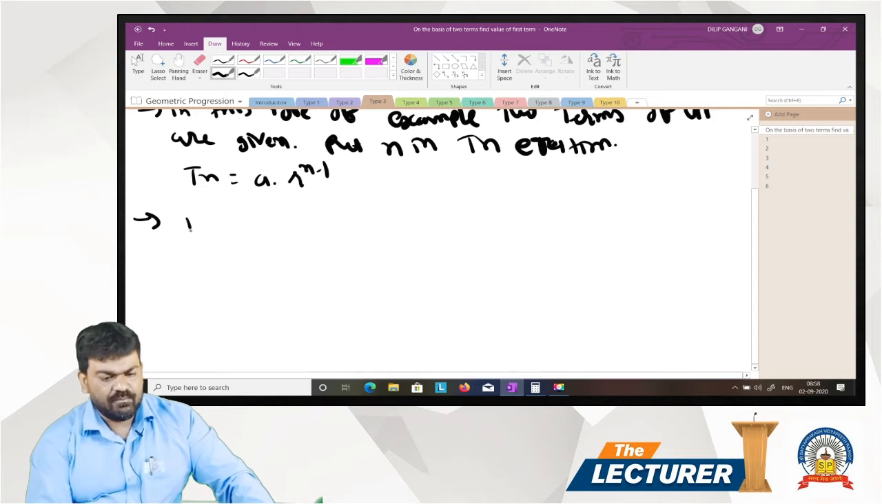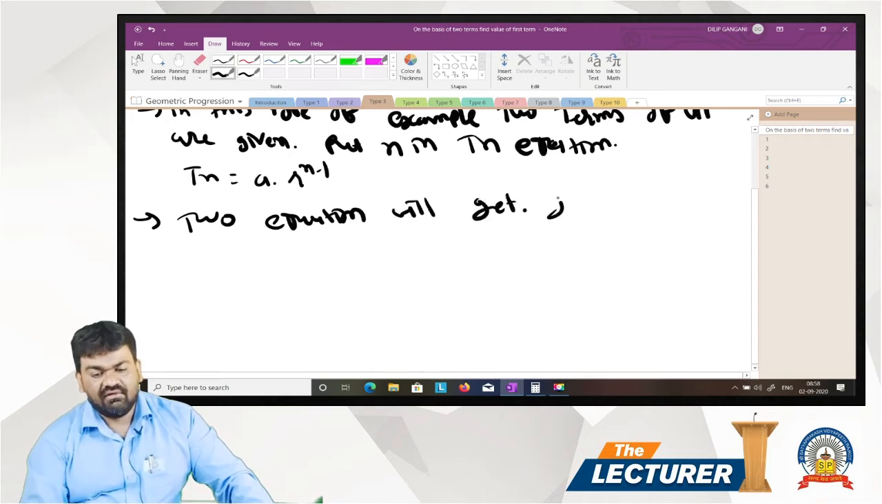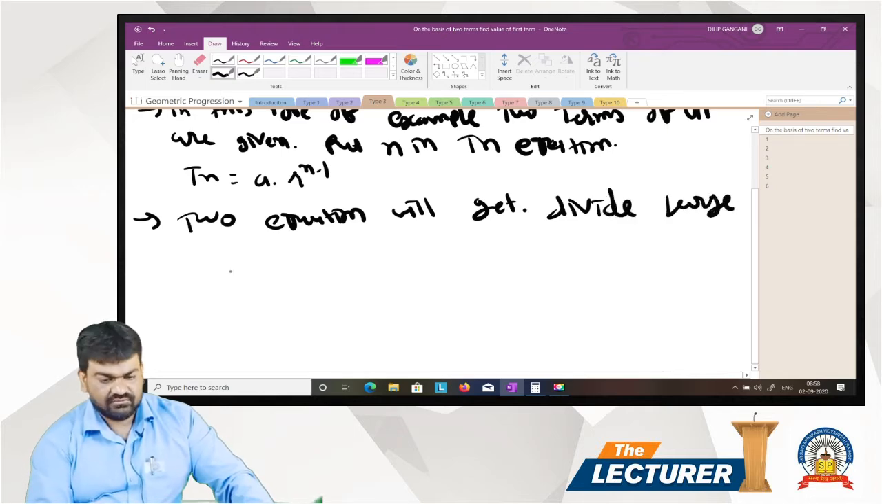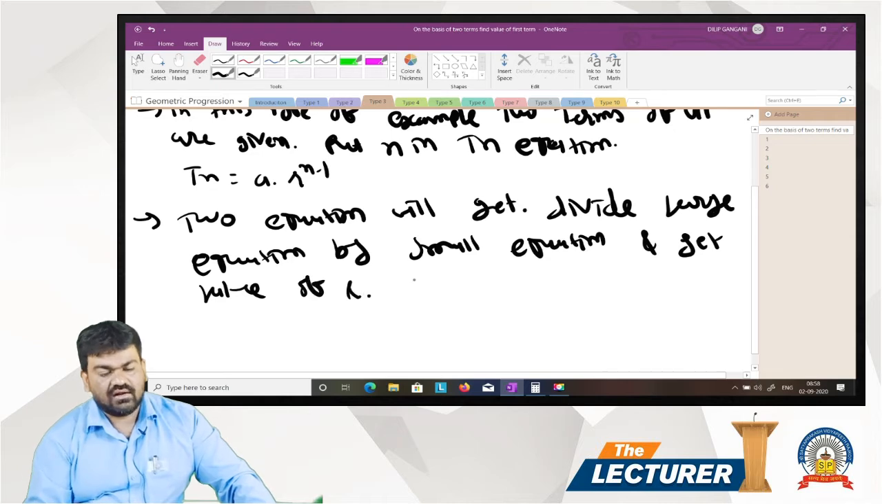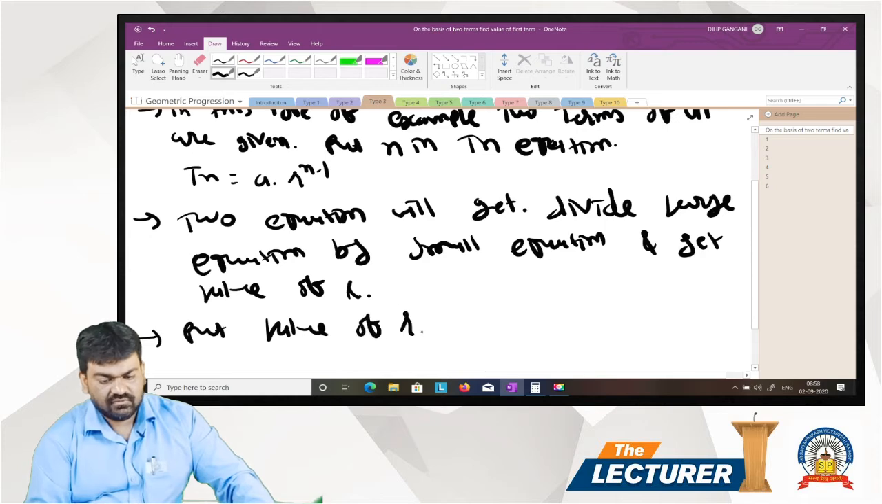Put the values, and we will get two equations. Divide, this is most important, divide the large equation by the small equation and get the value of r. Put the value of r in equation number 1 or 2 and get